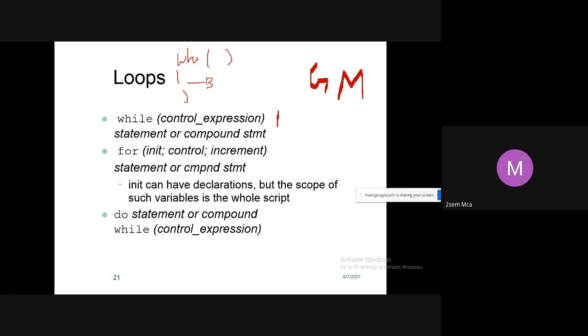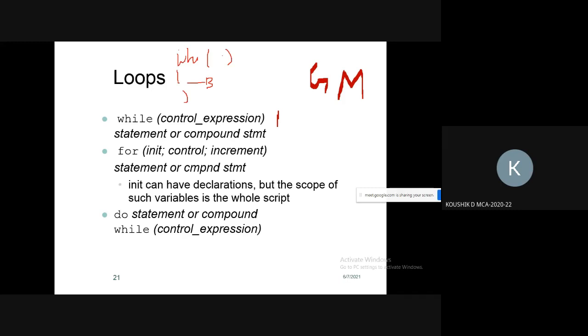The while statement is also known as an entry control loop. Why? Because first it checks the condition.